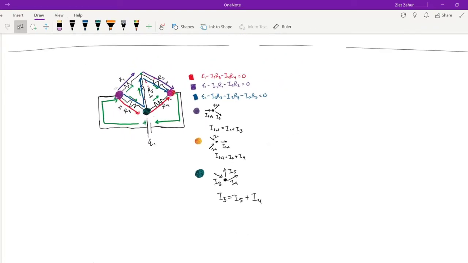Alright, we have so many equations, but having more is always better because we can always substitute, or at least make sure that the values that we're getting are correct. The way to check would be